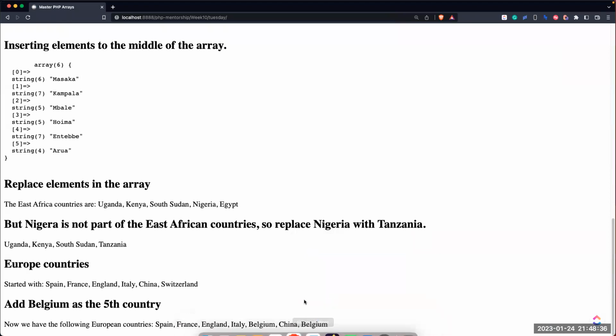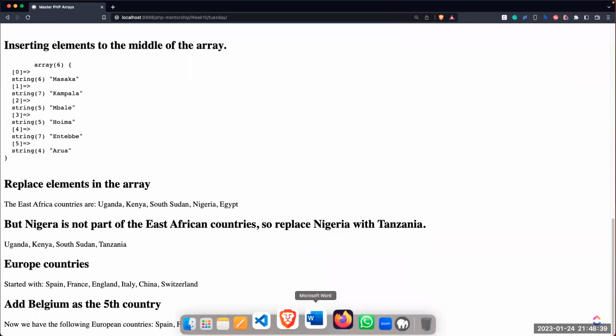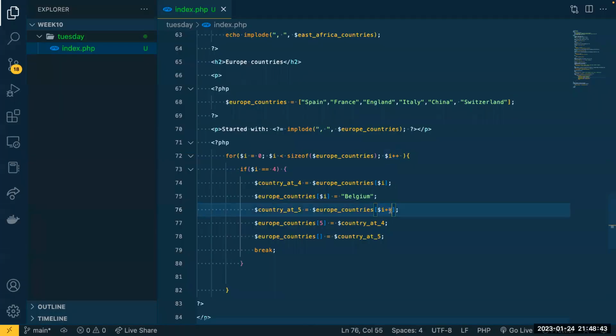So this has brought Belgium, and because of that I plus plus, you get this I plus plus, which is getting the current I, which is 4, and it's adding to it